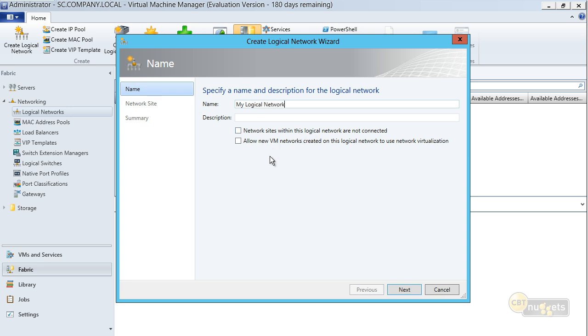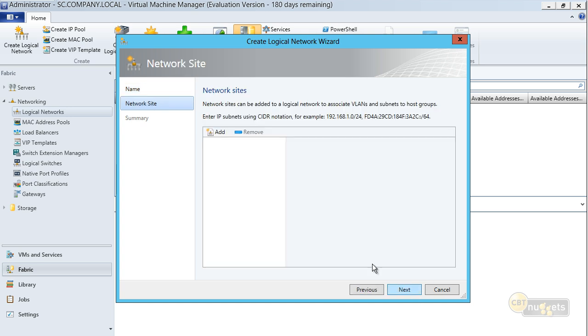You can say that network sites within this logical network are not connected, and you can allow new virtual machine networks that are created on this logical network to use network virtualization. And the actual configuration of this is fairly straightforward. You add network sites. That adds to a logical network, and it associates a virtual LAN and a subnet with groups of hosts. So when you enter these, you have to use classless interdomain routing notation, meaning you would enter in this case,